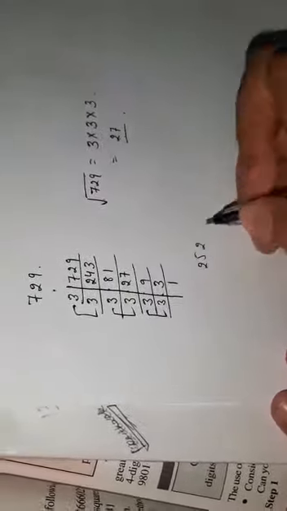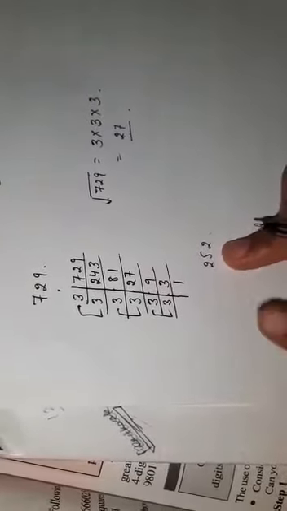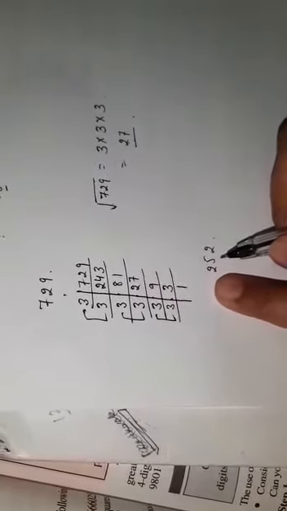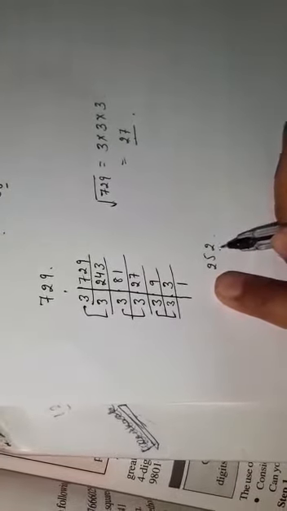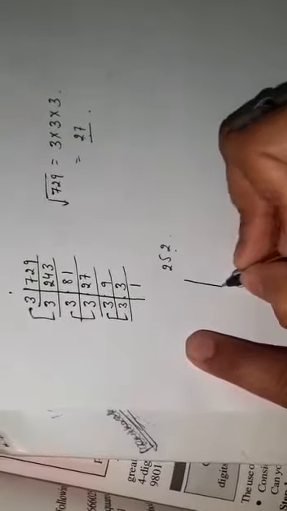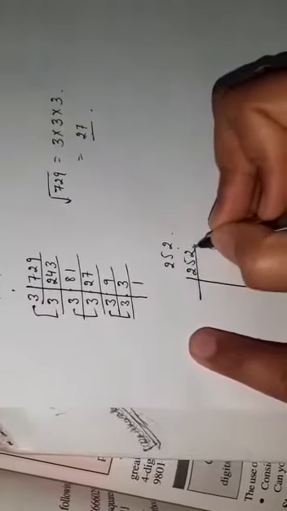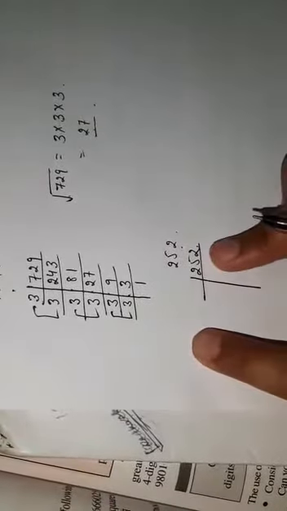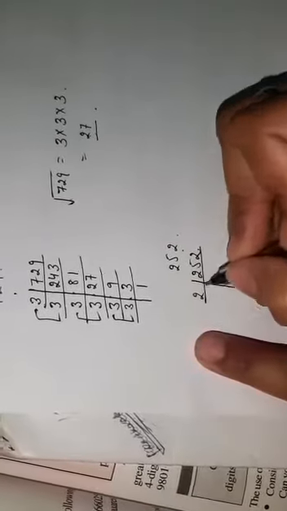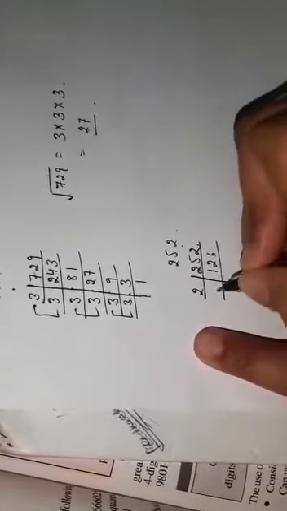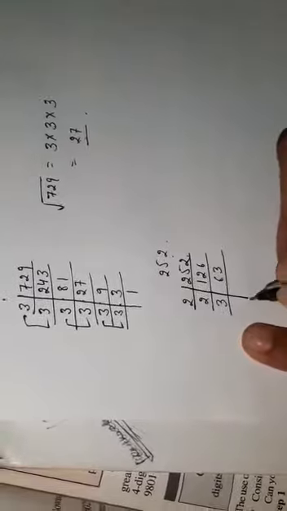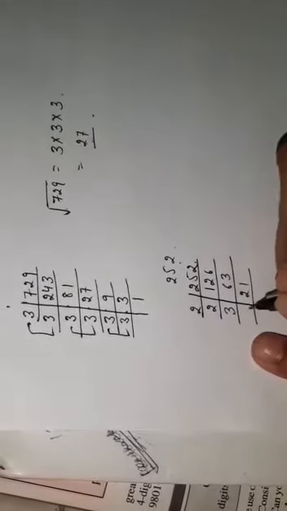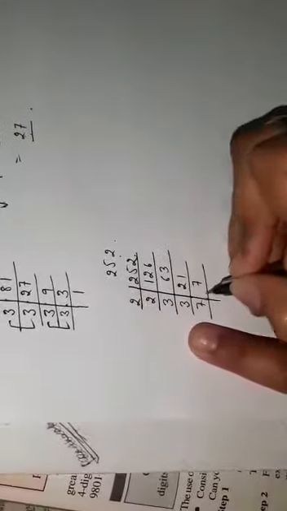Now next questions can be in the form where a number is given. The question will be: find out the least number which must be multiplied with this number to get a perfect square. This will also be solved by using the prime factorization method. Let's find out the prime factors of this number. 2 1s are 2, 2 2s are 4, 2 6s are 12, then 2 6s are 12, 2 3s are 6, then it is divisible by 3. 3 2s are 6, 3 1s are 3, then 3 7s are 21, and now 7 1s are 7.